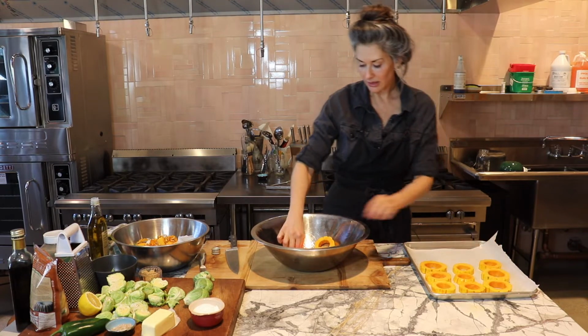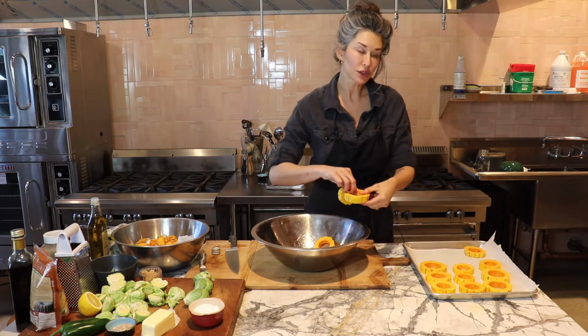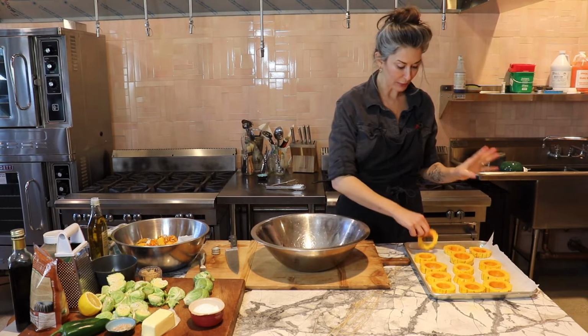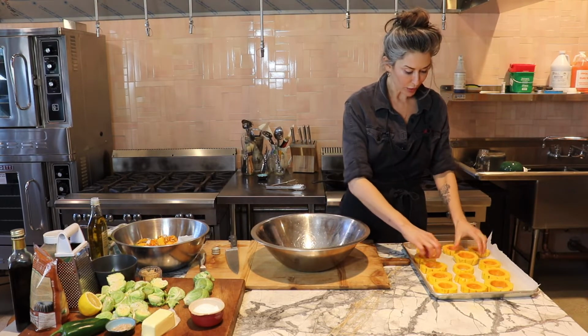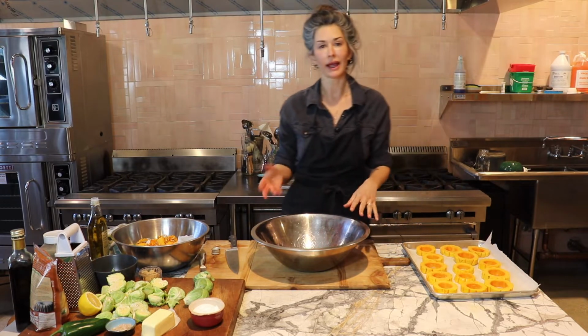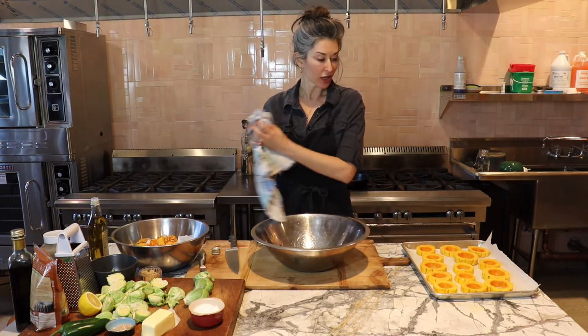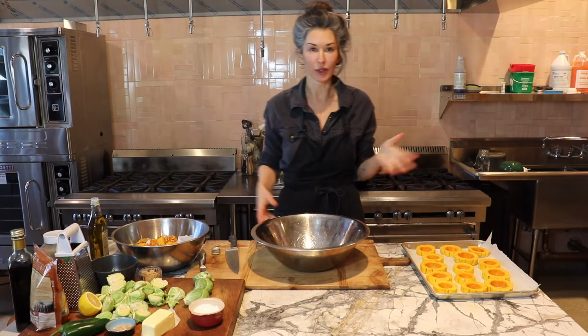I'm going to cook these. I preheated the oven to 400 degrees, and I'm going to cook these for about 30 minutes, maybe a little more, and I'll check them midway and I'll flip them and I'll add a little brown sugar, and hopefully they'll look great and